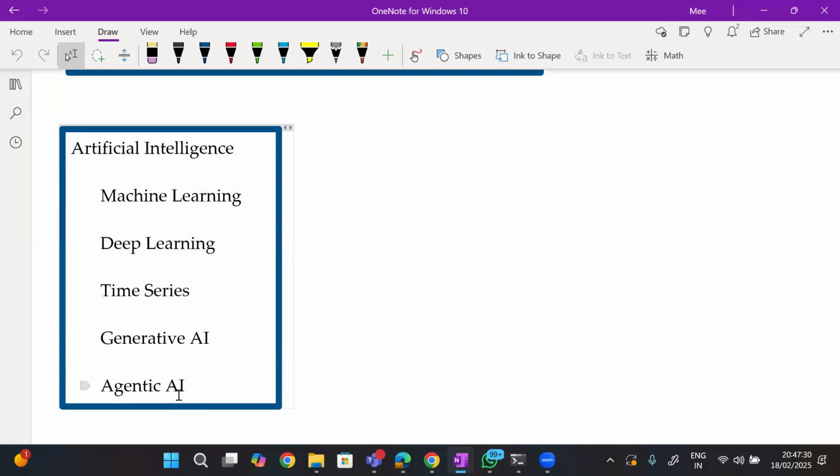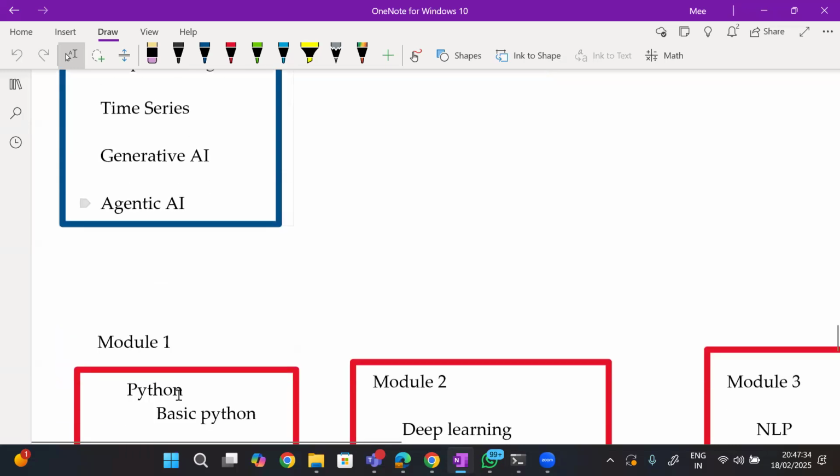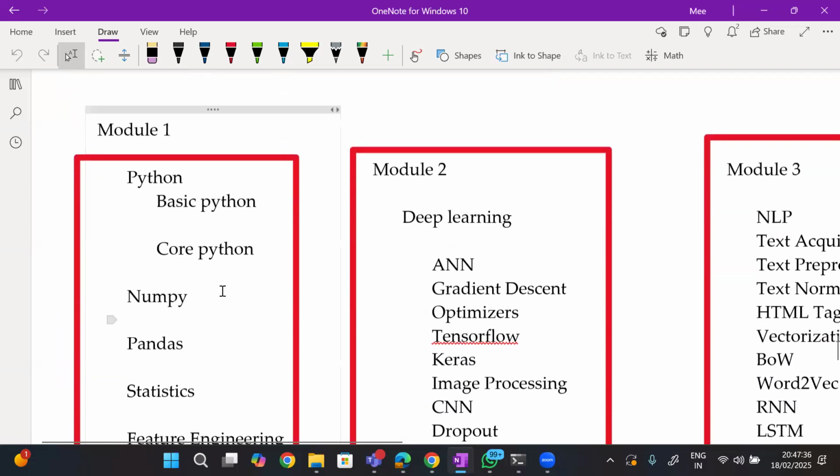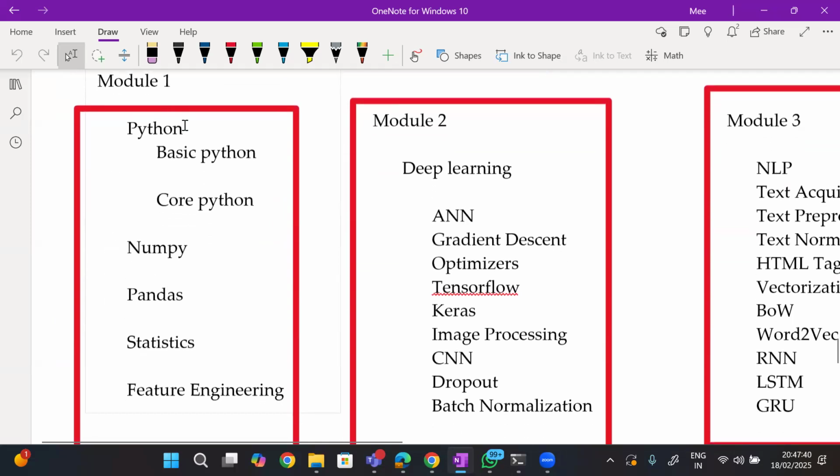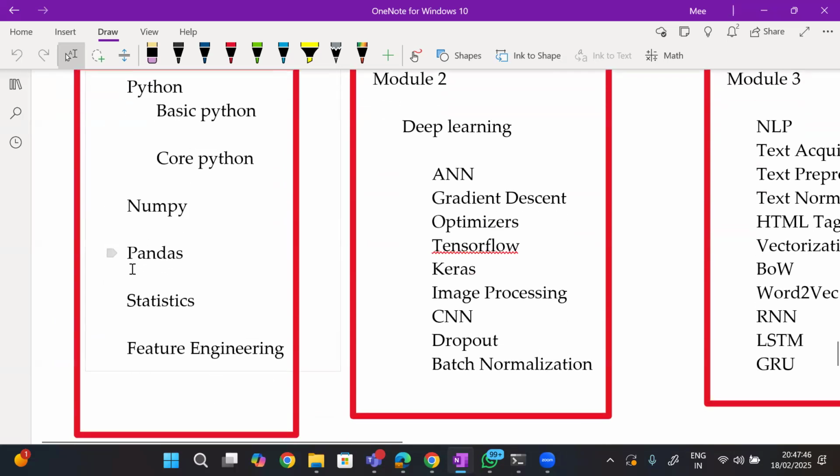First, we will be seeing different modules. The first module covers the fundamentals of Python, NumPy, pandas, statistics, and feature engineering.